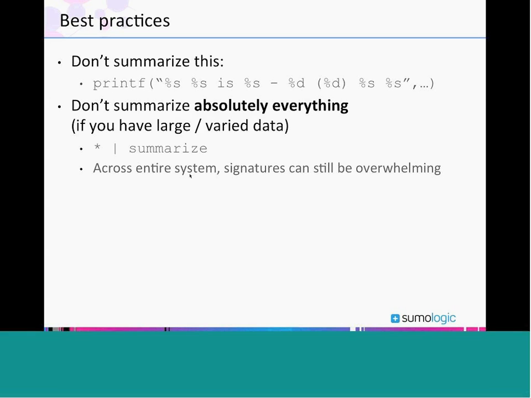Then you've narrowed things down a little bit and you're going to get results at that human scale where you can have a better understanding of what's going on. If you have an enormous software stack with 5,000 different underlying signatures, 5,000 is still probably going to be a little too much for you to get a quick understanding of what's going on.